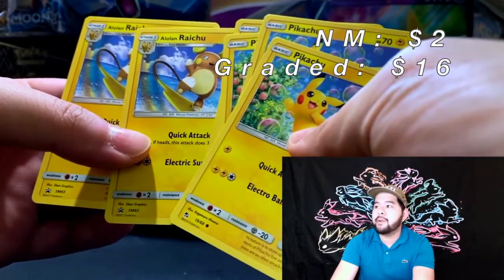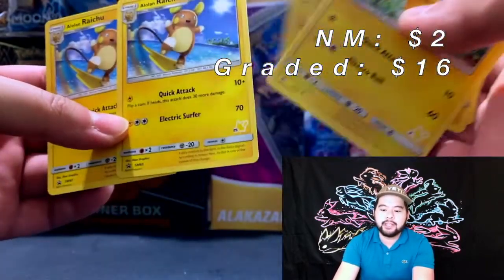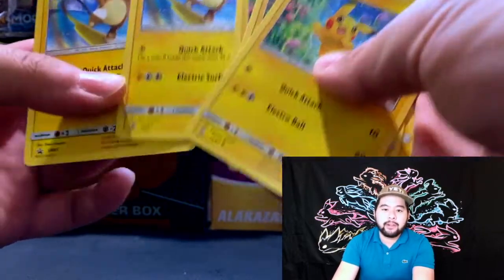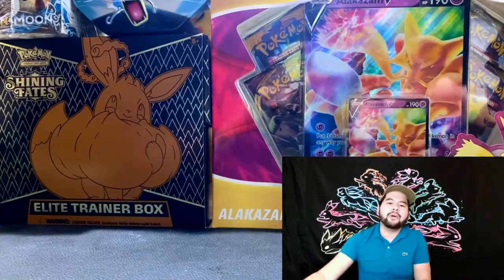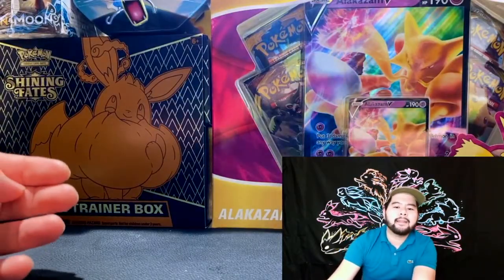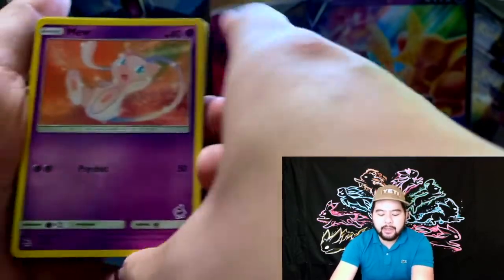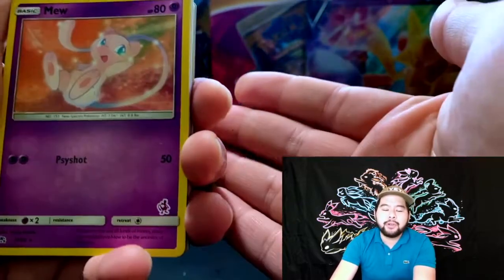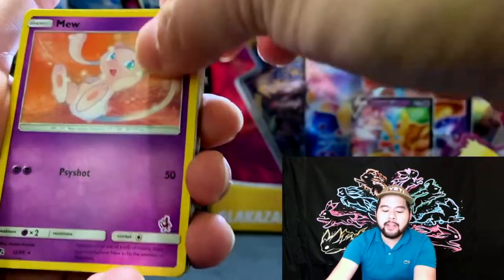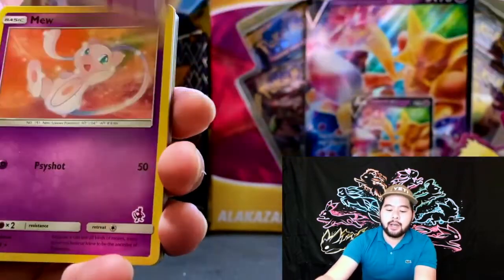But if you get these graded, you can sell them for around $16 each. So there you go, that's around $32 if you get a good grade on both of these. And I know one thing you're all thinking is, how do we know if we're gonna get a good grade? There is no assurance that we're gonna get a good grade on these cards, and that's very much true. But like I mentioned earlier, a lot of these cards are actually in really good condition inside the